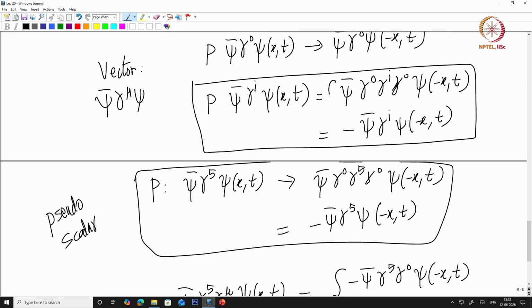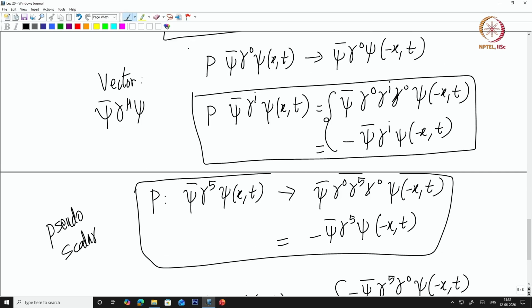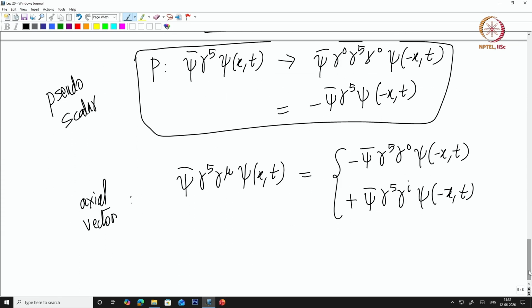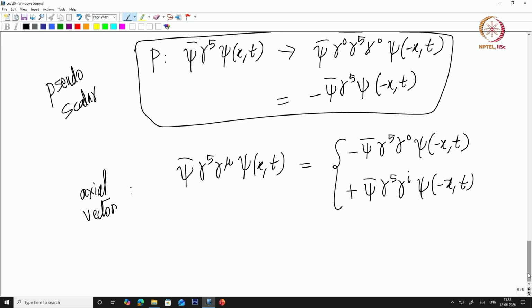Okay. Now, let me put it this way. This is also the space part. Whereas in the gamma mu in the pseudo axial vector, the time part picks up a minus sign, whereas the space part picks up a plus. It remains positive essentially. So, it does not change really. So, this is all. These form the total bilinears essentially, which are